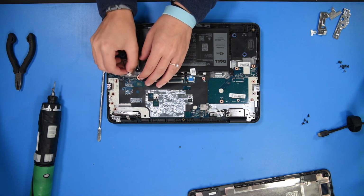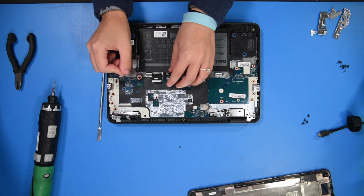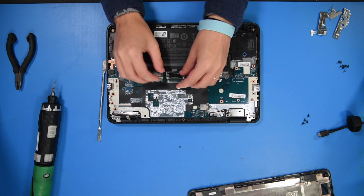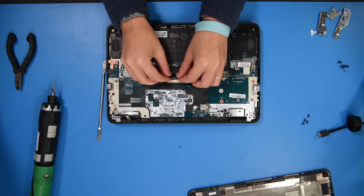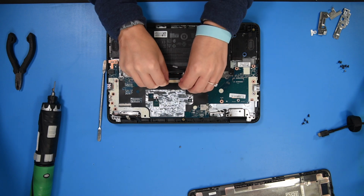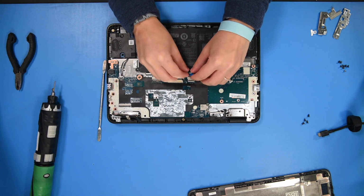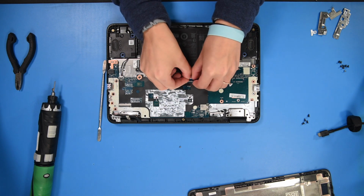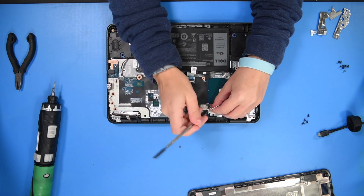You can start reconnecting everything. So you can reconnect the speakers, the keyboard ribbon, touchpad ribbon, the Wi-Fi cables,